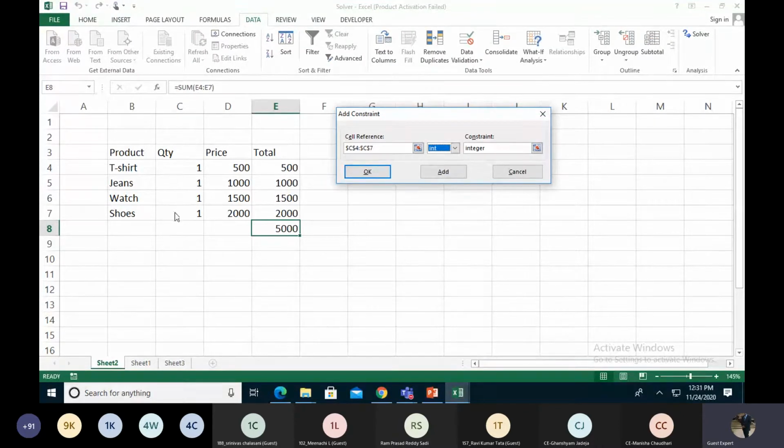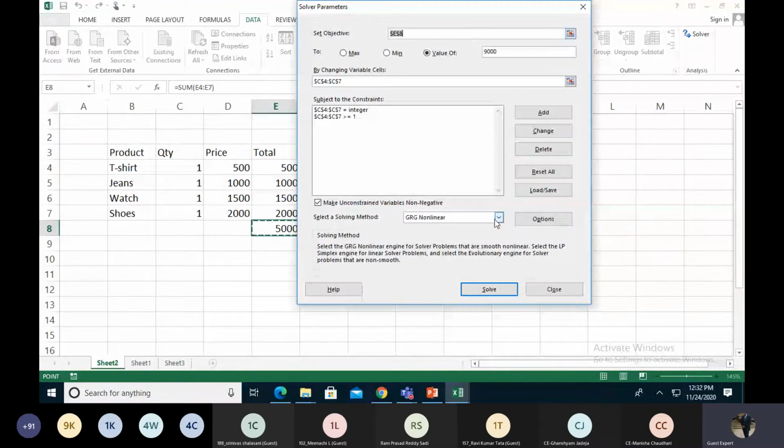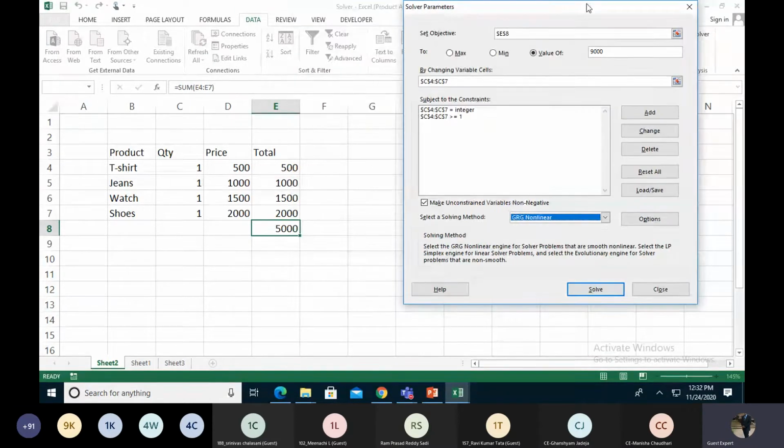Second thing, I select all the quantities, and my criteria is to purchase at least one of each product, and I'm adding this and closing. Okay, so this is GRG Nonlinear, Simplex, and Evolutionary. We take GRG Nonlinear, and we solve it.